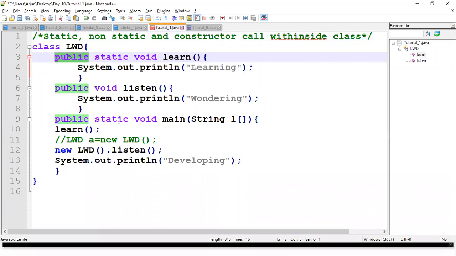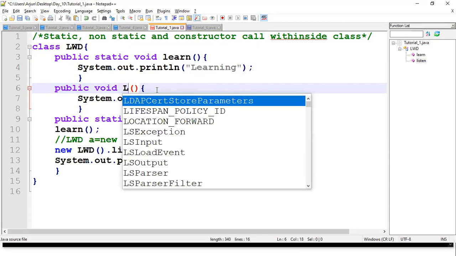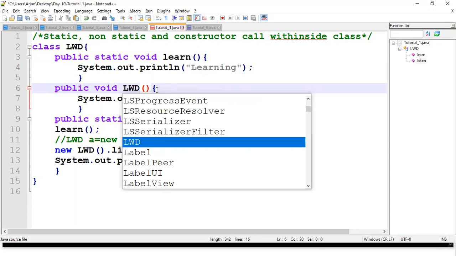Now the constructor I have mentioned already. A constructor is also a method. So what is actually a constructor and how does it differ from a normal method? That is what we are going to discuss now. Now listen, guys. A constructor is nothing but a method that has the same name as the class name. Everyone clear? Instead of listen, what did I do?